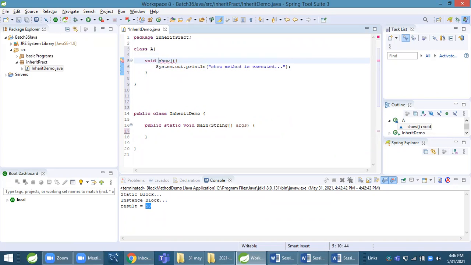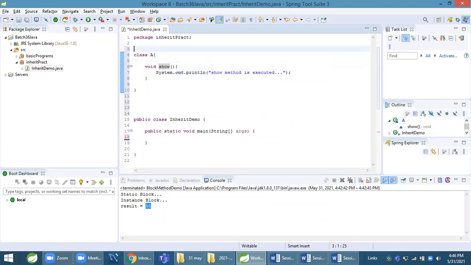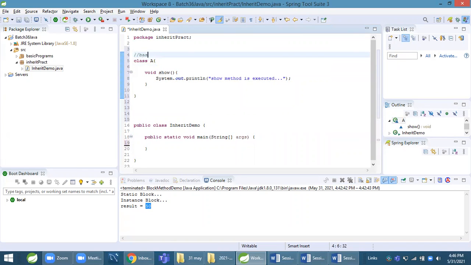The return type of this method is nothing. This is called base or super or parent class. This is called derived.